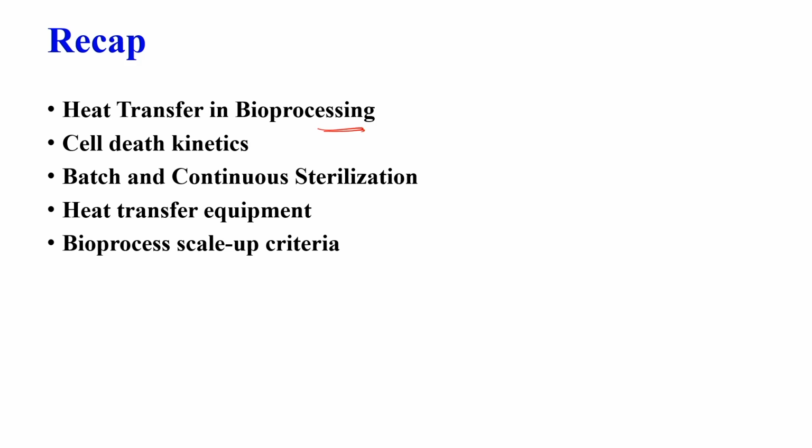Then, followed by that, we discussed cell death kinetics, which typically follow first order kinetics. Then in the next lecture we discussed different ways to go for batch and continuous sterilization. In addition to that, we also discussed air sterilization. Then in the next lecture we discussed a few heat transfer equipment, particularly shell and tube and double pipe heat